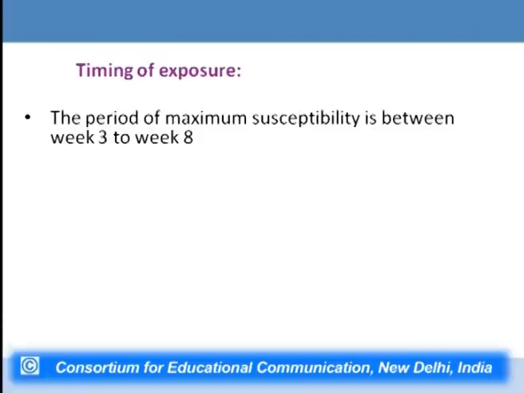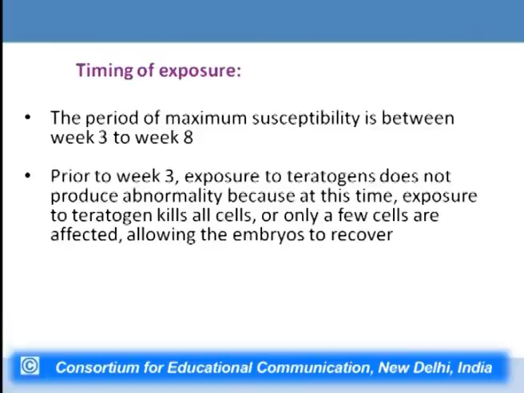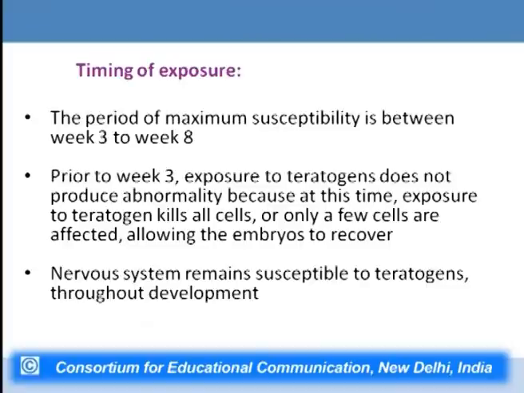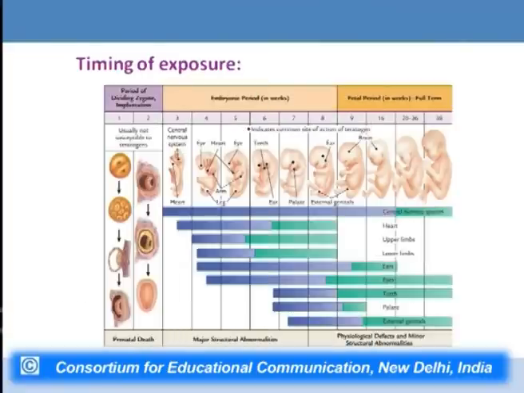The period of maximum susceptibility is between week 3 and week 8 for human embryos. Prior to that, exposure to a teratogen does not produce a significant abnormality, and if there is exposure, the embryo might get killed altogether. However, the nervous system remains susceptible to teratogens throughout the development period, that is the entire period spent in the uterus. So this panel shows the period of time